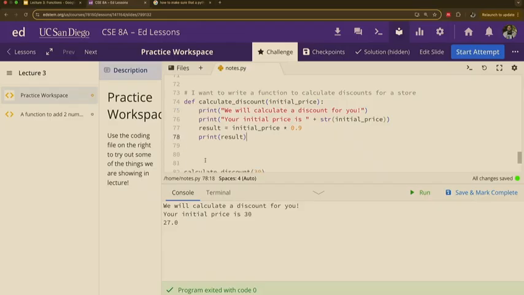So to call a function is basically to say it by name, right? You have to give it its name so it knows that you're talking about it. Calculate discount, right? And when you call calculate discount, you're also going to give it whatever it's asking for. Here it's asking for an initial price, and we're giving it 30, right? So when you say the name calculate discount, Python is going to say, whoa, calculate discount, I've heard of calculate discount. I'm just going to look for it somewhere. And then Python said, I found calculate discount. Calculate discount's at line 74.